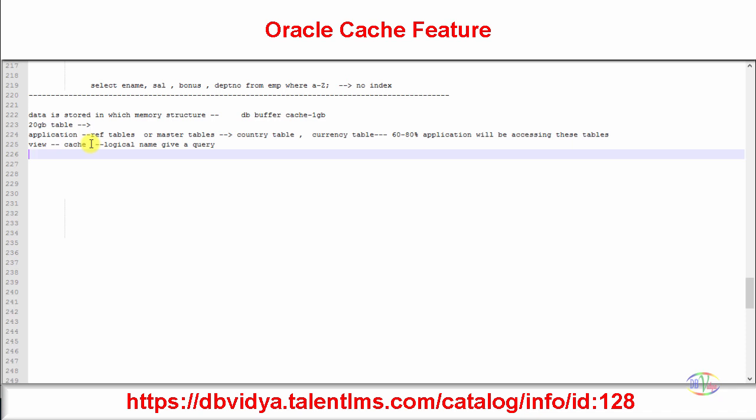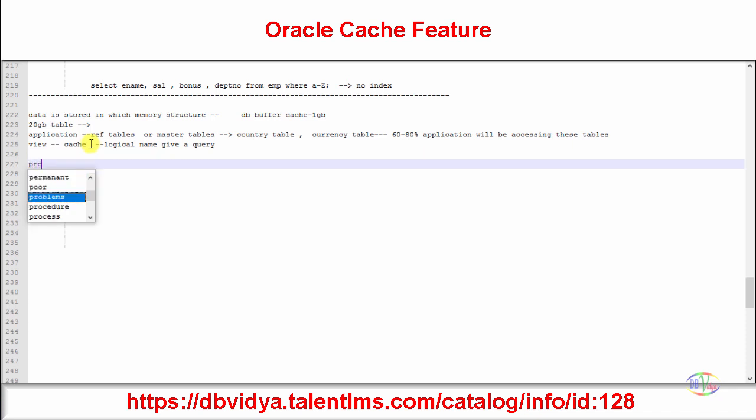So even there this problem can occur, not with respect to table data, but with respect to code, procedure or function code, or package code. They can pin these into the library cache. That option I'll discuss when we come to memory tuning, okay?